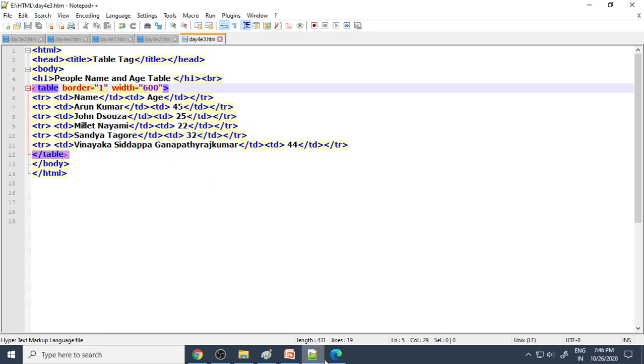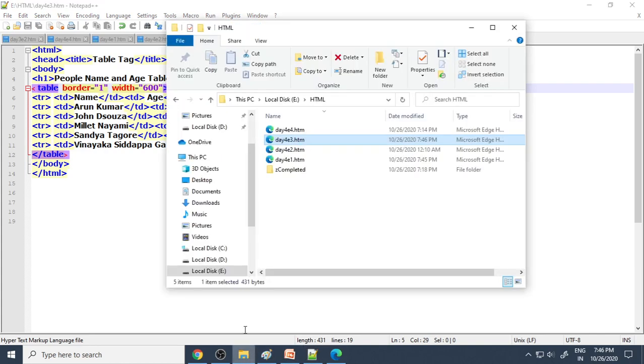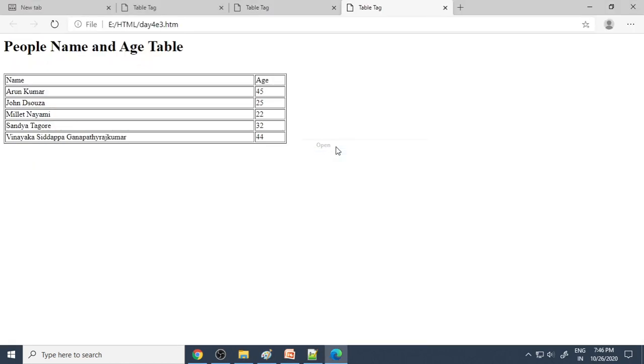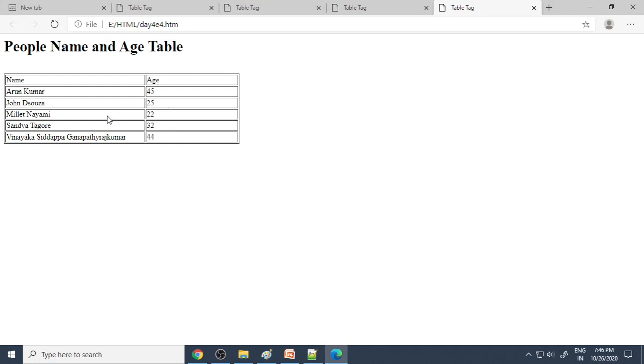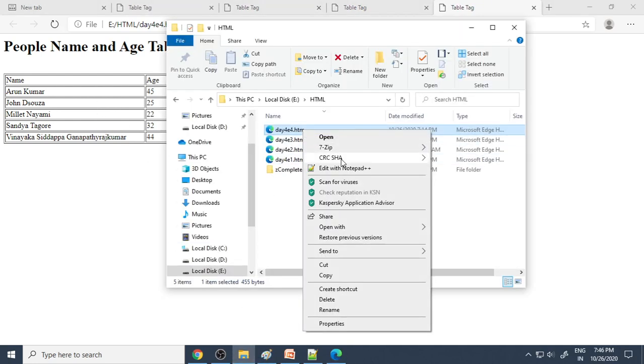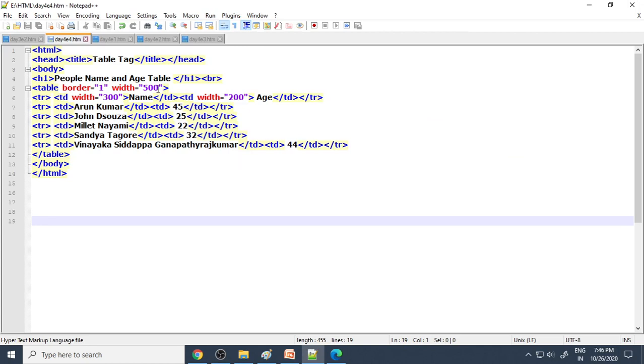Fine, save, open. You can see that this column is more and this is less. And the last one, E4, open this. I open it in a notepad, right click, open in the notepad. This is 500, here is 300, and here is 200. Fine, so create all these four files and also try the assignment.